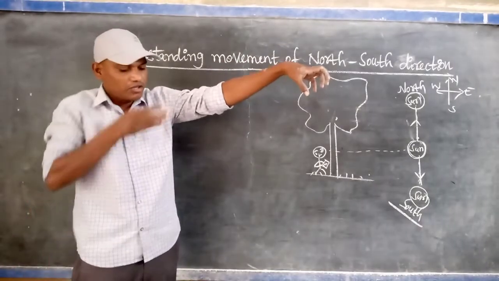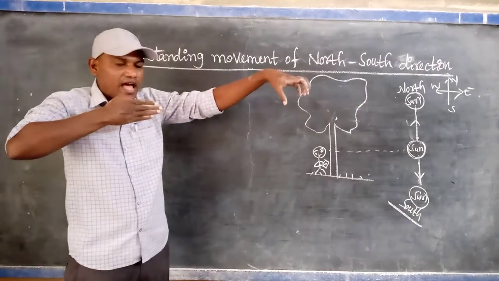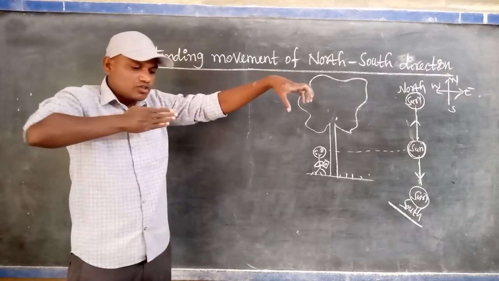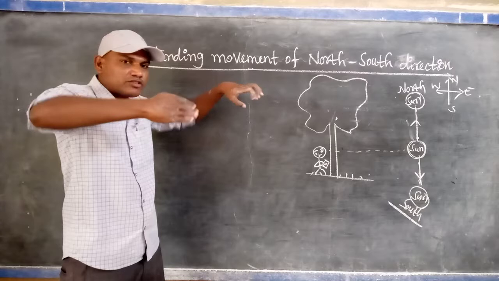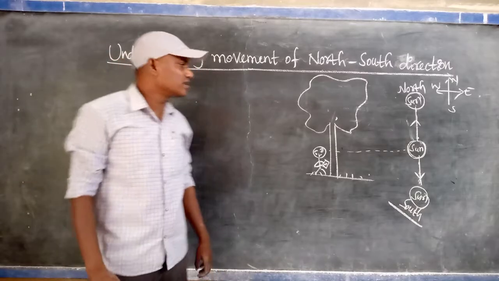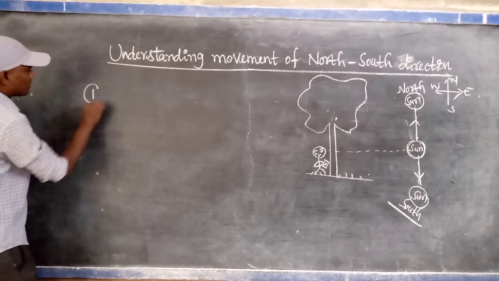The sun is here, you are here. Your position changes as the Earth revolves around the sun. So your position changes, and what happens is that the sun's position also appears to change. That is the way. But in this, two important points are there. One is